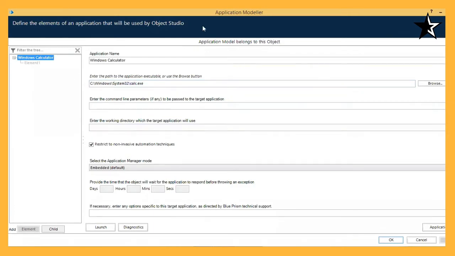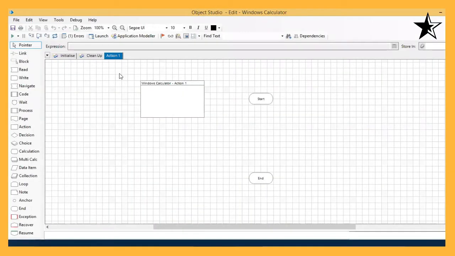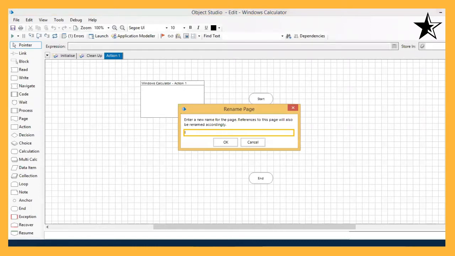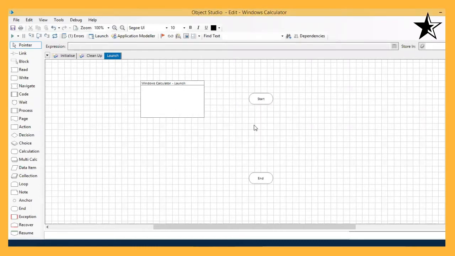So how to do that? I just click cancel on the application modeler and rename the action page as Launch. Then I use a navigate stage.